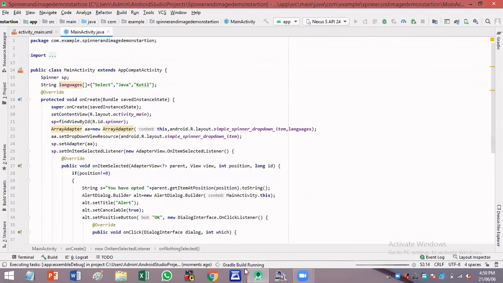The Gradle build is running. So this should change to Gradle build finished and emulator is installed. Gradle build finished. And now it is waiting for the devices to come into picture.